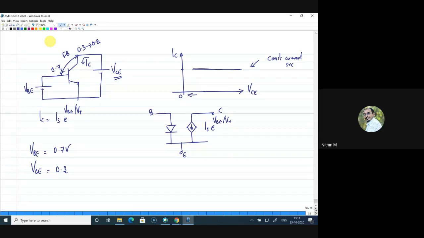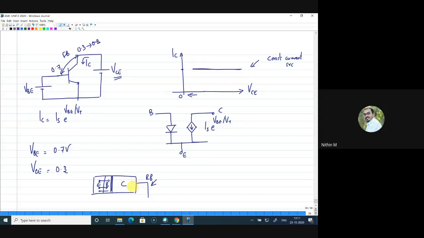And if the junction turns forward bias, then the electrons emitted by the emitter will not be collected by the collector. So this is my structure. You have emitter, base, and collector, and this junction is reverse biased. There is a potential which is reverse biasing this junction. Now the electrons which reach the base, because of its thin nature, very few electrons will recombine there. Most of the electrons will be collected by the collector. Now the collector can collect and sweep the electrons across this reverse bias junction only if there is a potential available here, because of this reverse bias, electrons are getting attracted.